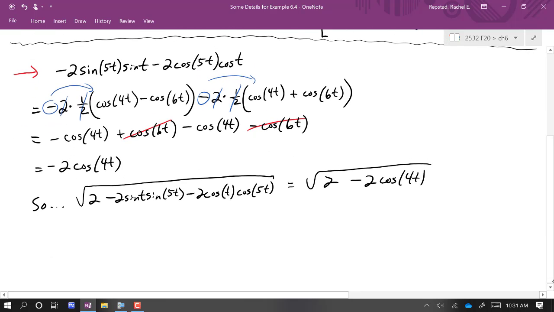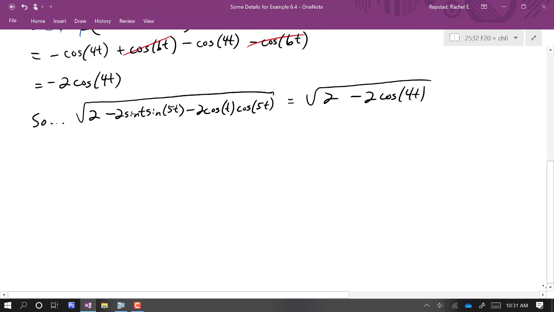The other identity we needed to use was to simplify this expression in the radical that we have now, 2 minus 2 cosine 4t, and to do that we need to use a double angle formula for cosine. Now there are three versions of the double angle formula for cosine. They're all equivalent to each other. Technically, no matter which one you start with, you could still get to the same ending point, but